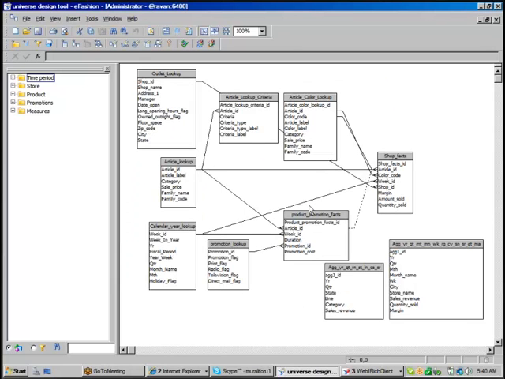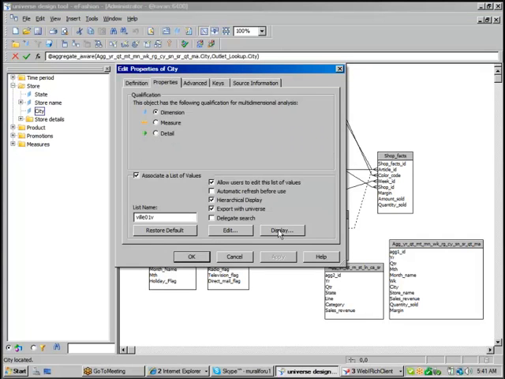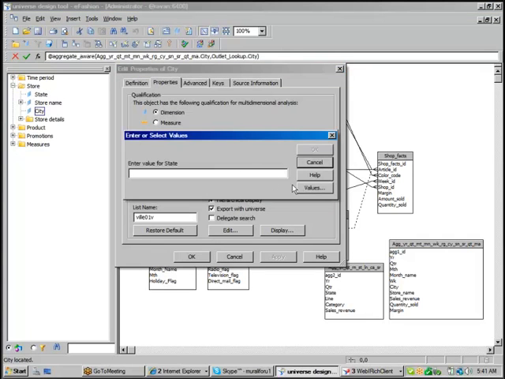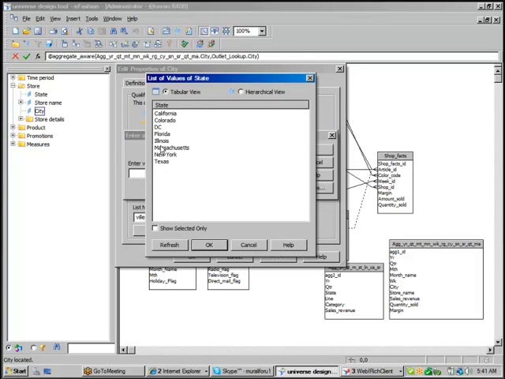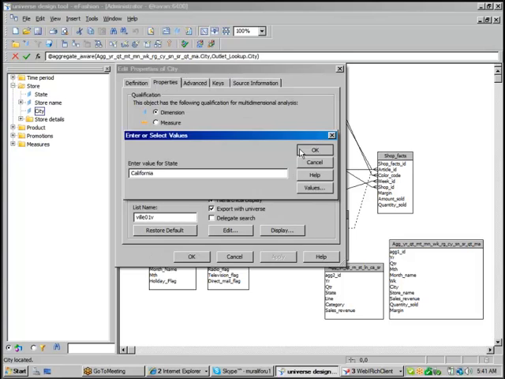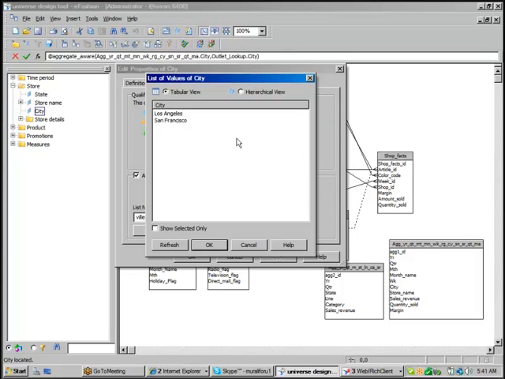When you click on Generate LOVs, this time what the report will do, if you click on City, Properties, Display, first it will ask to select the state. I selected the state as California. Click on OK. This time the cities list will display only those particular cities.